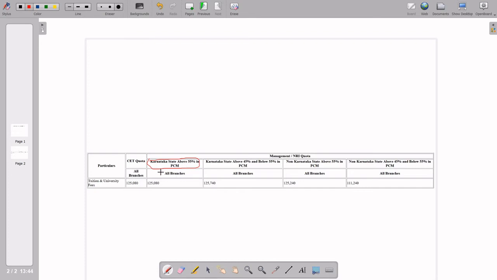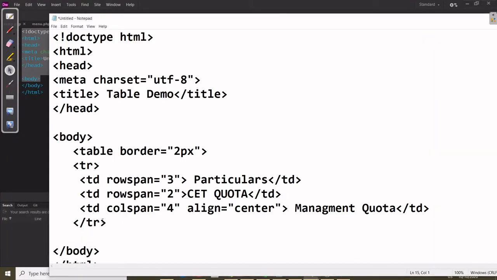But in that case, in the second row, how many td can we write? 1 2 4 only, because one is merged here, one is already merged in the particulars, and that is two done out of the six, so only 4 we can write. Clear? So in the second tr, again start the td.